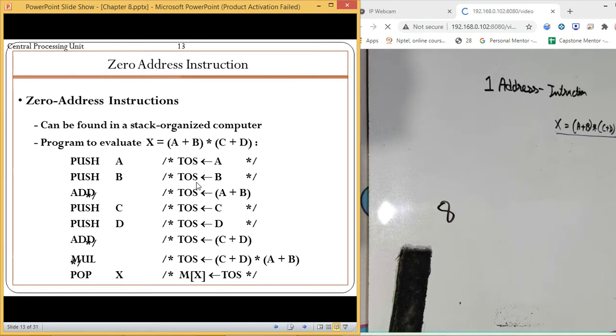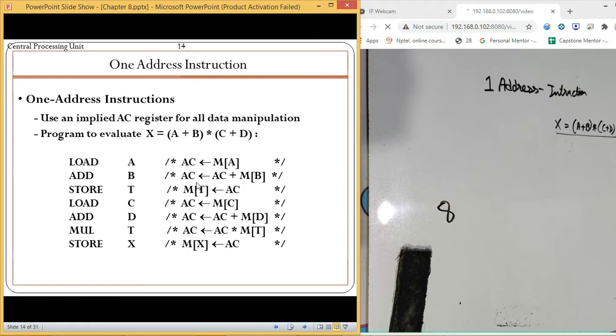Now we are going to use the accumulator to do this task. We have a single accumulator which is going to perform all this task. That is a single general purpose register which we have.